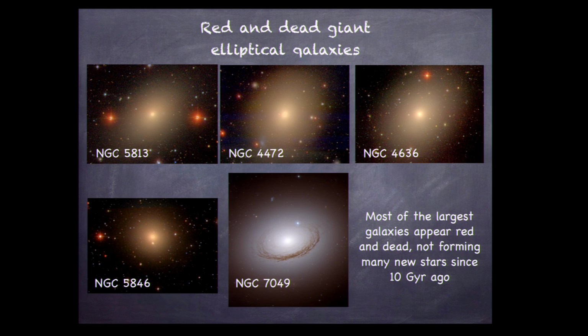All our galaxies appear red and dead. When we look at their optical images, we do not see much structure. We do not see any star formation in them. The stellar populations of all of these galaxies appear to be about 10 gigayears old. The most interesting, prettiest galaxy in our sample is NGC 7049, which has these beautiful dust lanes. However, the stellar populations of this galaxy are also as old as for the others.